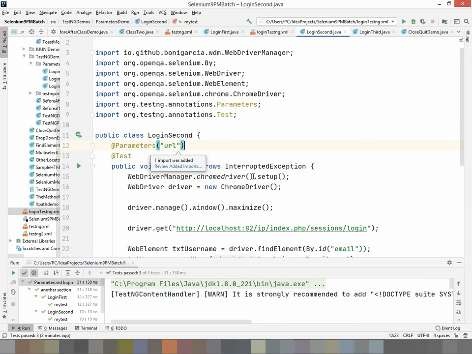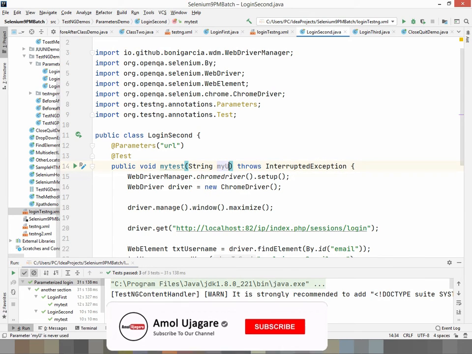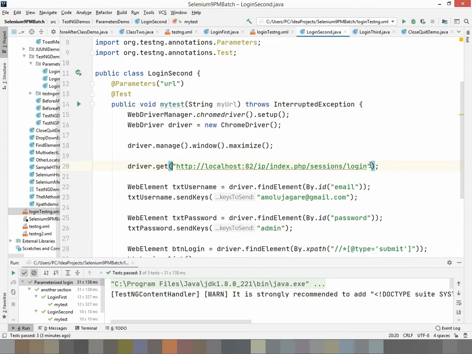Write the parameters here, String myURL, put this variable into this myURL.